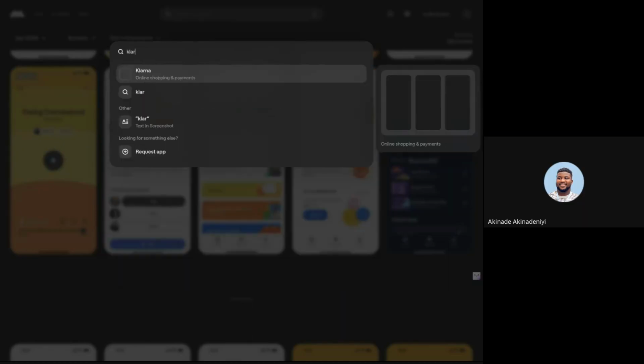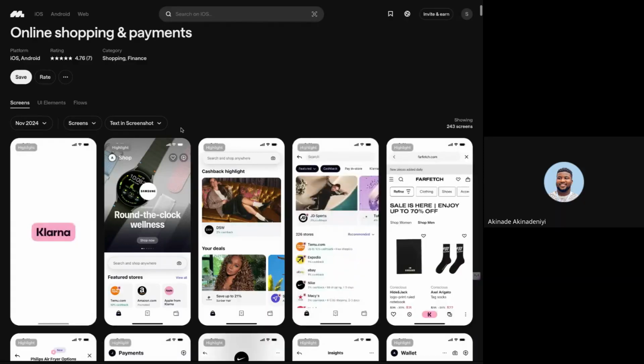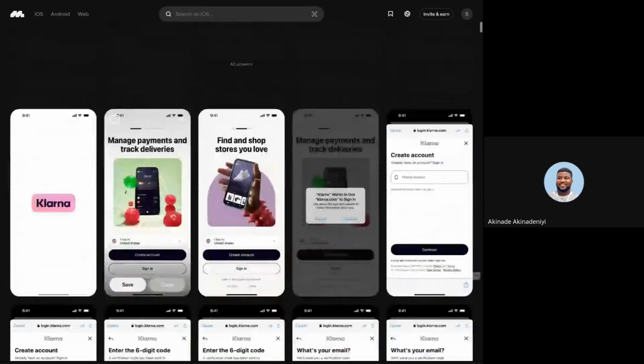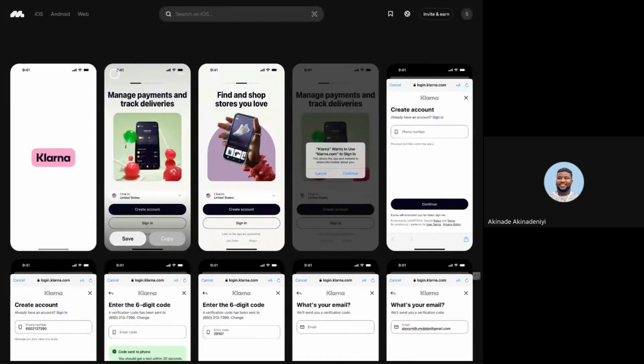Let me check out Klarna. Klarna is an online shopping and payment platform. Look at that. So everybody is trying to give you some form of value proposition into what the application is about, because I know Klarna, but somebody else that doesn't know about it can download it. And sometimes they have some features that people might not know they have. So they want to put their best foot forward.